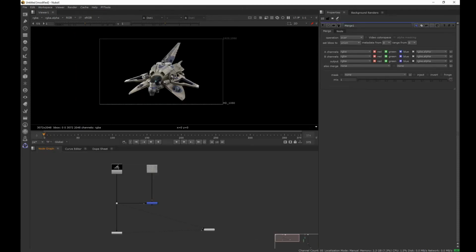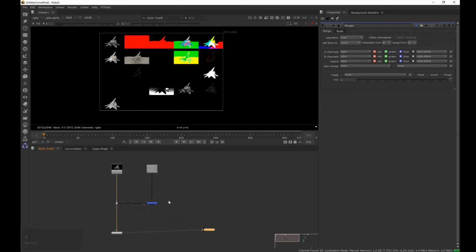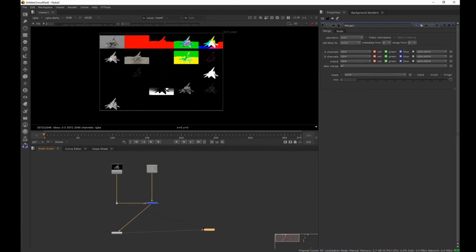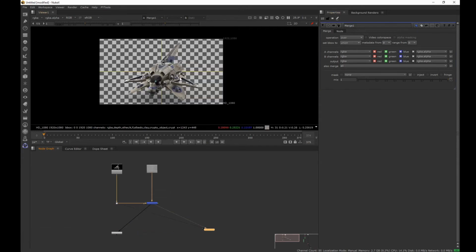In class number 3, I told you that you can use the merge node to pass all the layers contained in a pipe, like here, into another one, using the option also merge and clicking on all. The problem is that if you are doing it this way, you are still doing a merge operation. In this case, we are doing an over operation. So what if we would like to transfer all the layers from one pipe to the other, but without doing any operation? If we take a look in our merge node, we see that here we are using the